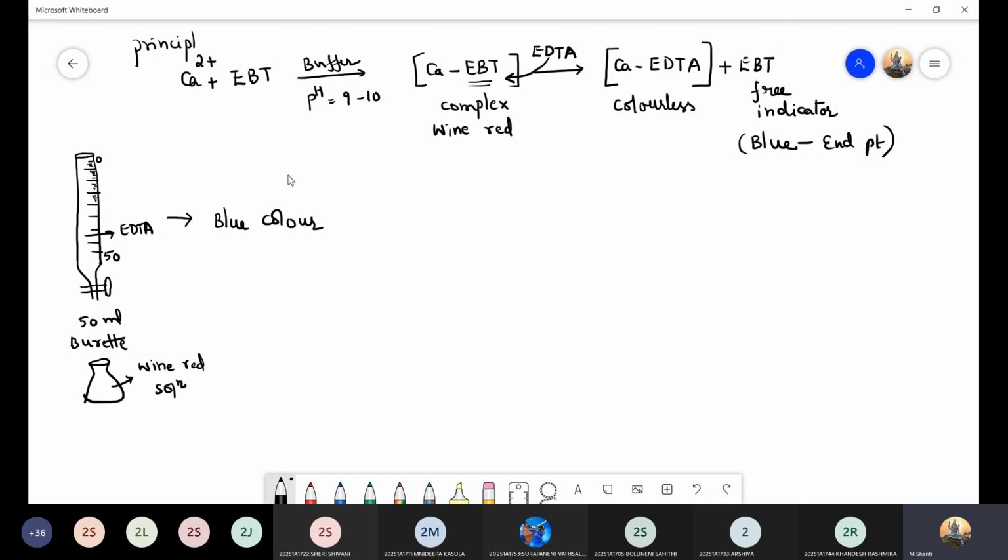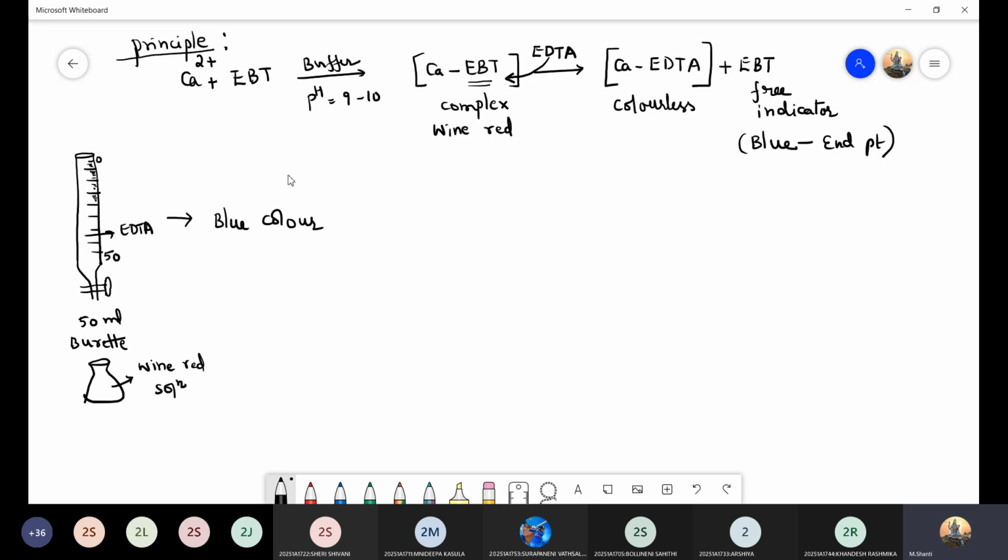So you should start your explanation with the EDTA structure, then how it is acting as a chelating ligand, and then these equations. I drew these diagrams only for your reference because you people have not done anything in the laboratory. I thought it is easy for you to imagine them. I'll also share a video of how the EDTA experiment is done in the lab so that you'll get some idea, because this is important both practically and theoretically.